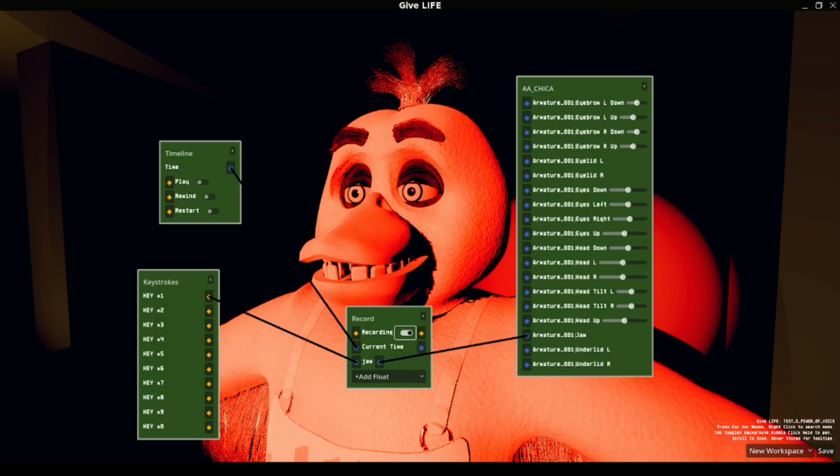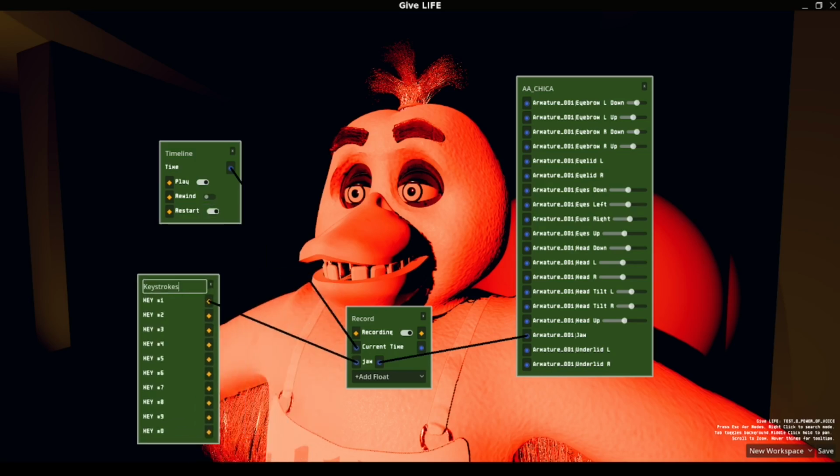We're going to hit record, we're going to hit restart, play, and then let go of restart. And we're just going to move the jaw a little bit. And then we're going to restart. And we can keep the recording. Actually, I'll show this. Yeah, you can keep the recording on. As long as you don't input anything, it will ignore the initial value that it reads from this. So you can let go, and you can see it records the movements.